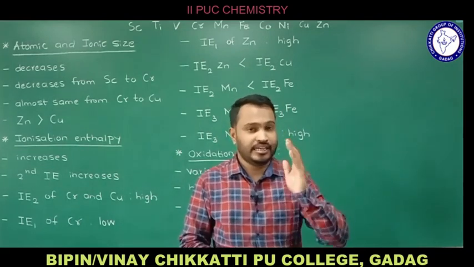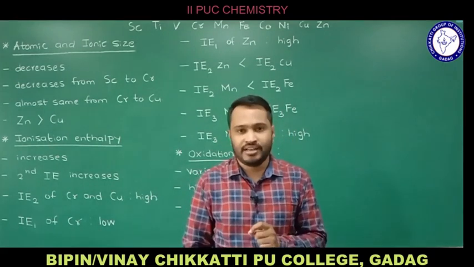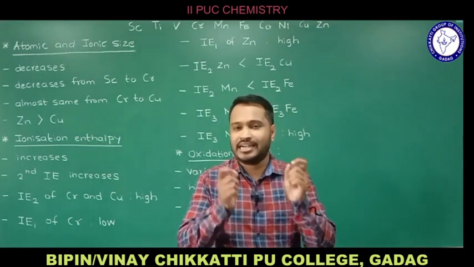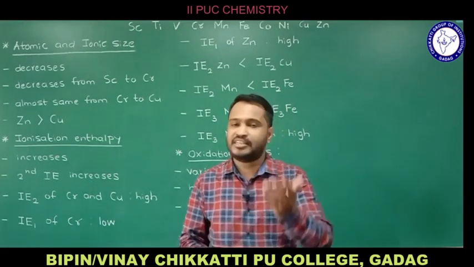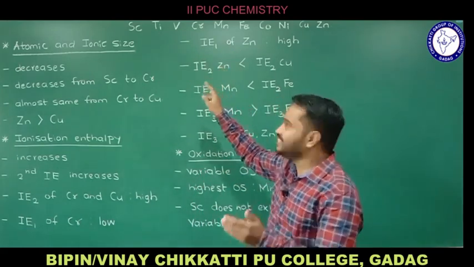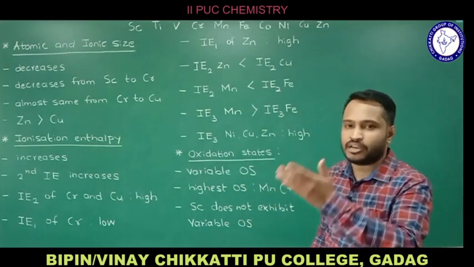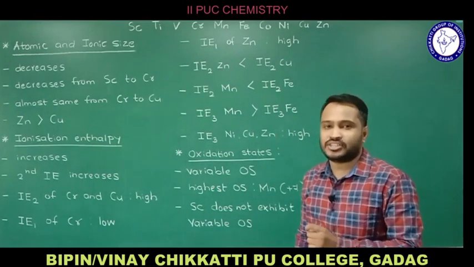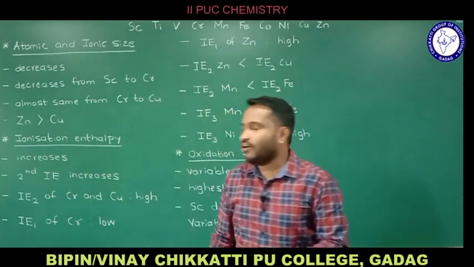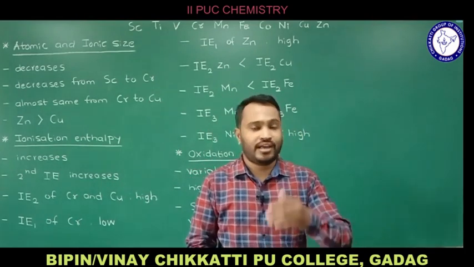Try to know, in general atomic size decreases, but here we have some exceptions, and that depends on the concept called effective nuclear charge and screening or shielding effect, and based on that it is not linear. From scandium to chromium it decreases, chromium to copper almost the same, zinc will be quite high when compared to the preceding transition element. After this we'll move on to the second periodic trend, which we call ionization energy, or ionization